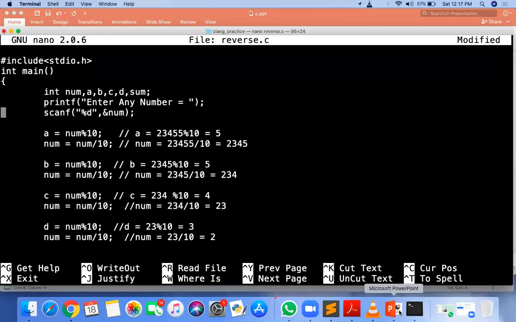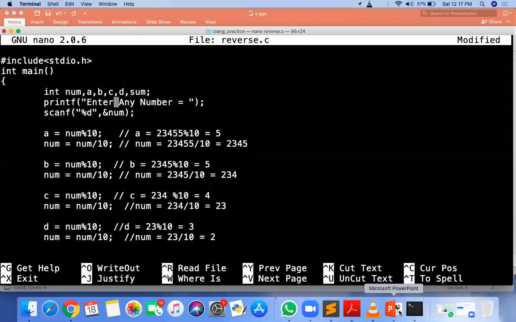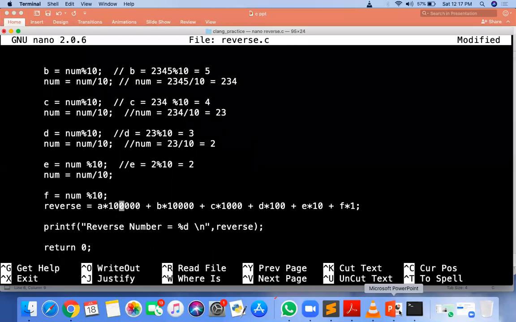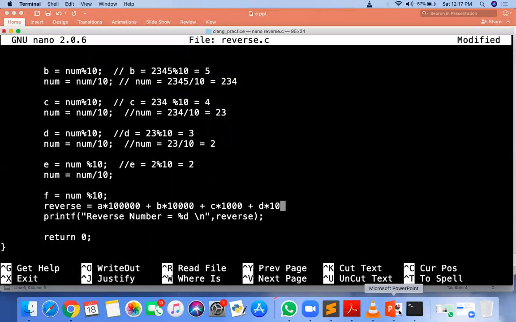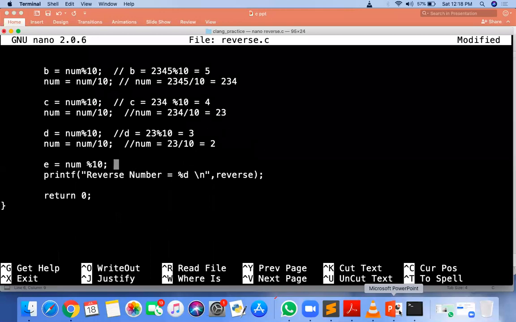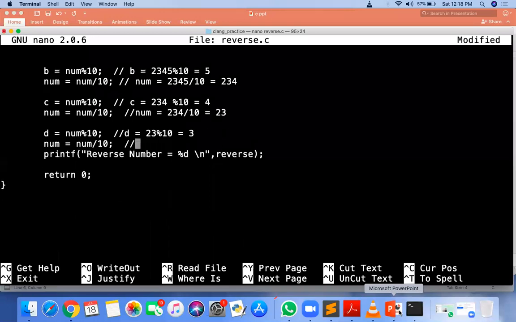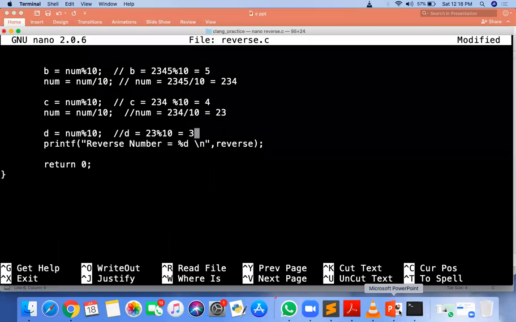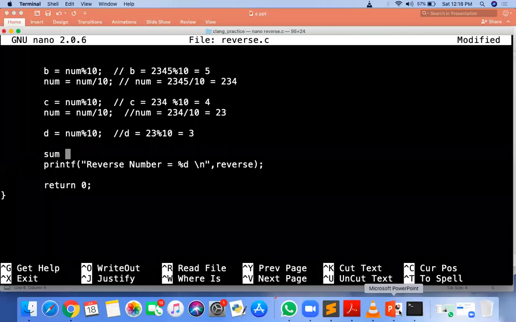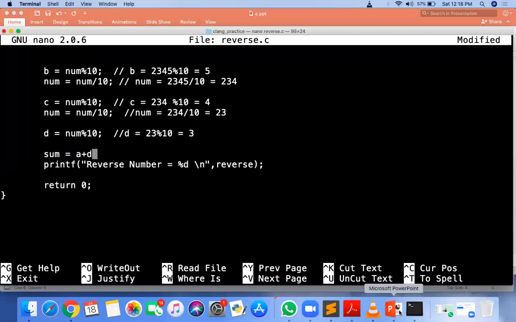Enter any 4-digit number, and then A, B, C, D. No need to give these statements here. E and F we don't require, only A and D we require. And now sum is equal to A plus D. Simple.